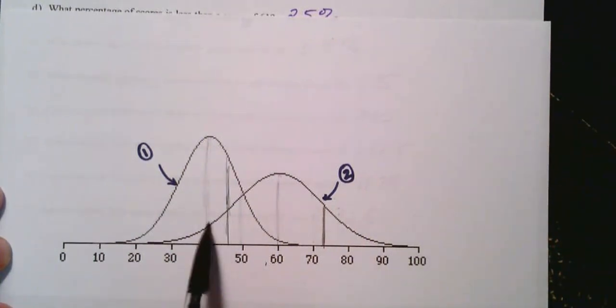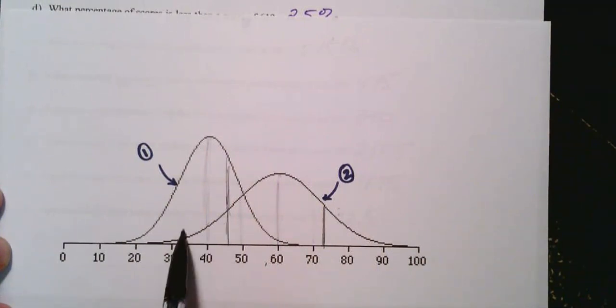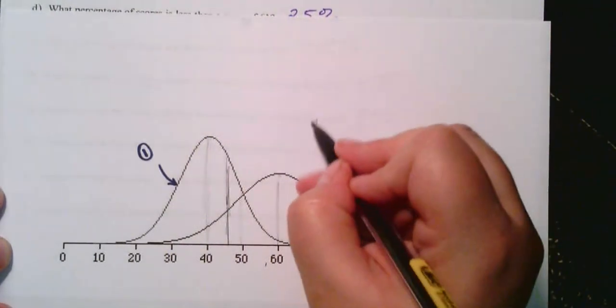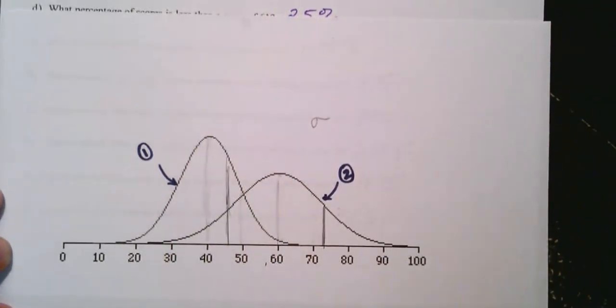So standard deviation is smaller here because it puts all the data closer to the center. The larger the standard deviation is, remember standard deviation is sigma, then the more spread out your data is, and spreading the data out makes it wider. Okay, so looking at this one,